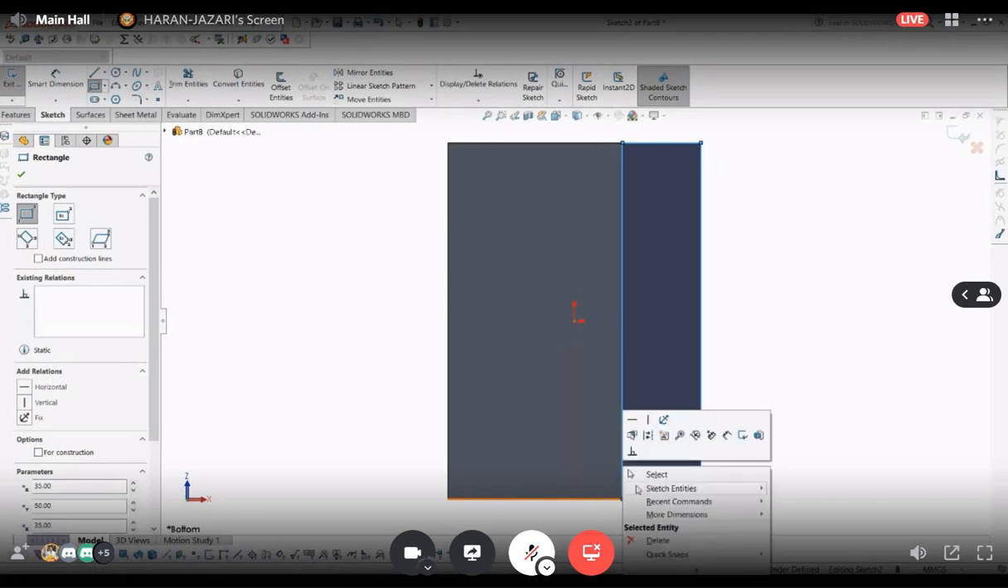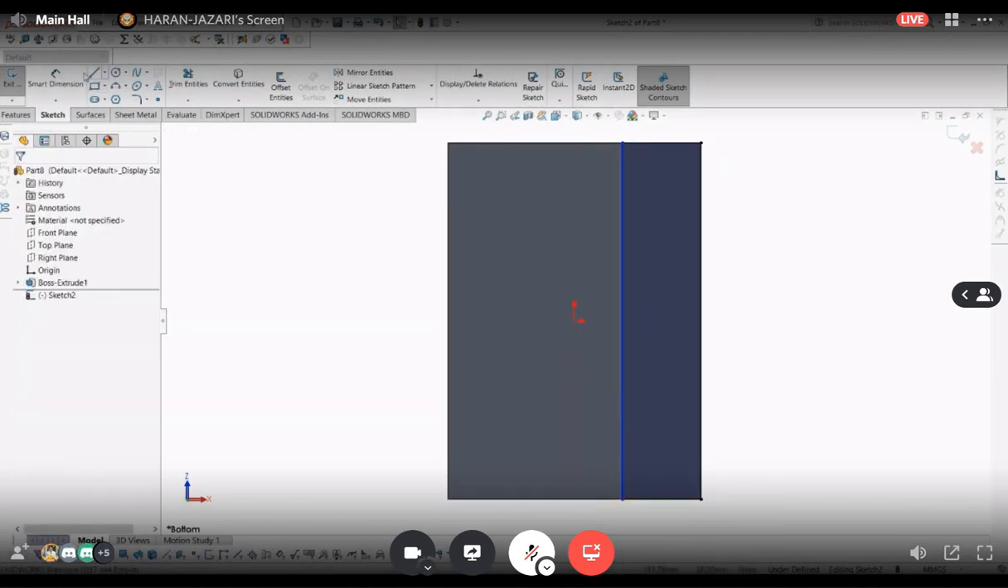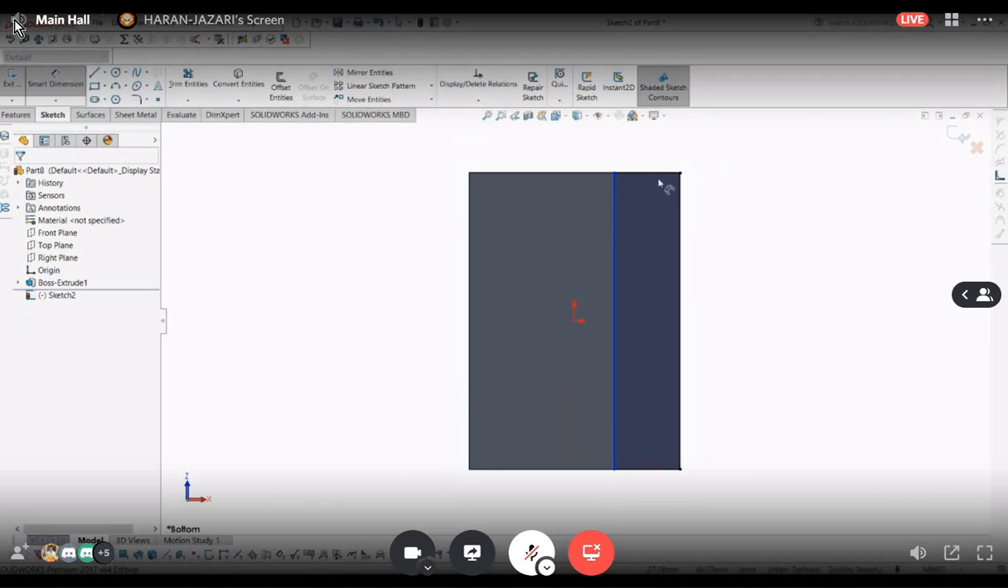So we right click again and then click select. The rectangle disappears automatically. That means the rectangle button is undone automatically at the sketch toolbar here. Then after sketching, as usual, we are going to dimension the rectangle here. So we are going to assign the dimension for this line to be